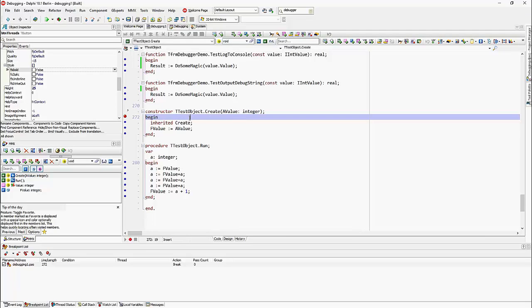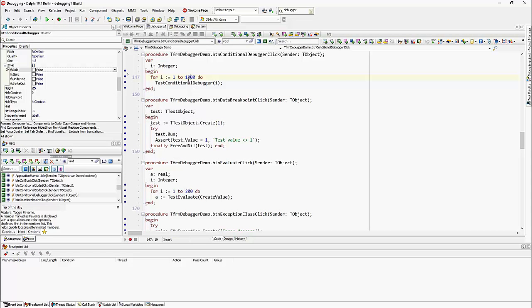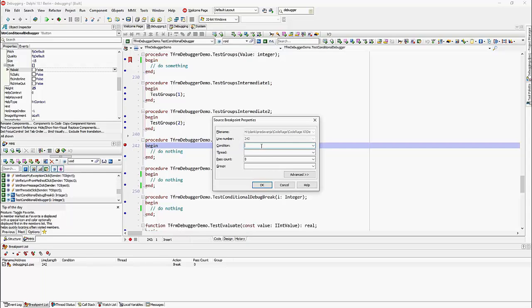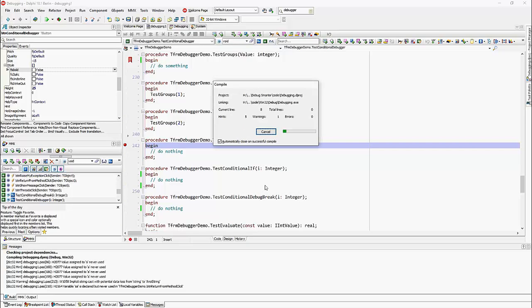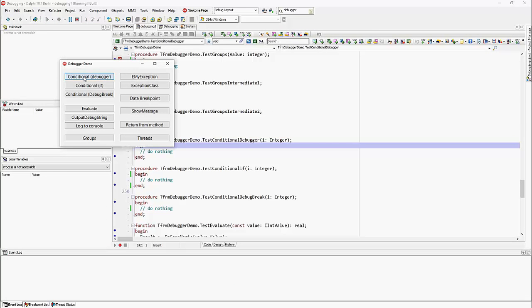My demo program here has a stupid loop which executes 1000 times and calls some code. And I want to stop inside this method when I is equal to 876. So I set up a breakpoint, right click, properties, and into condition I can write I = 876. OK, F9. The program will start in the debugger, and when I click the button, I find out that I